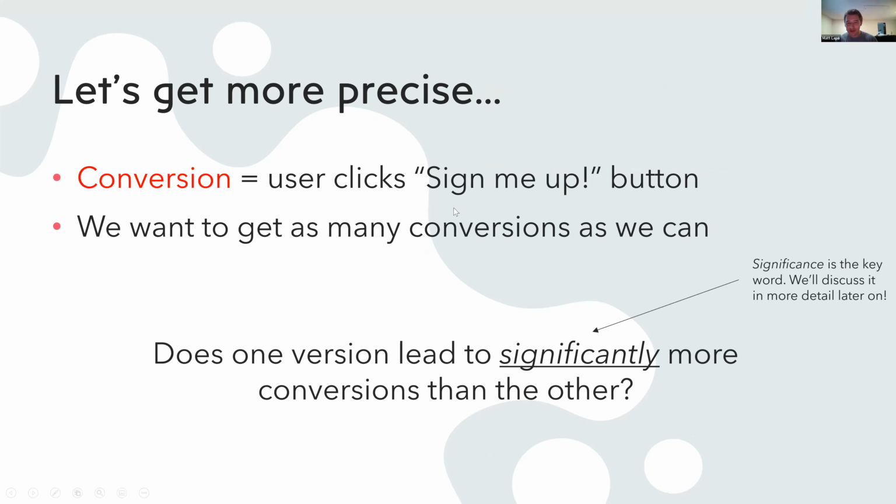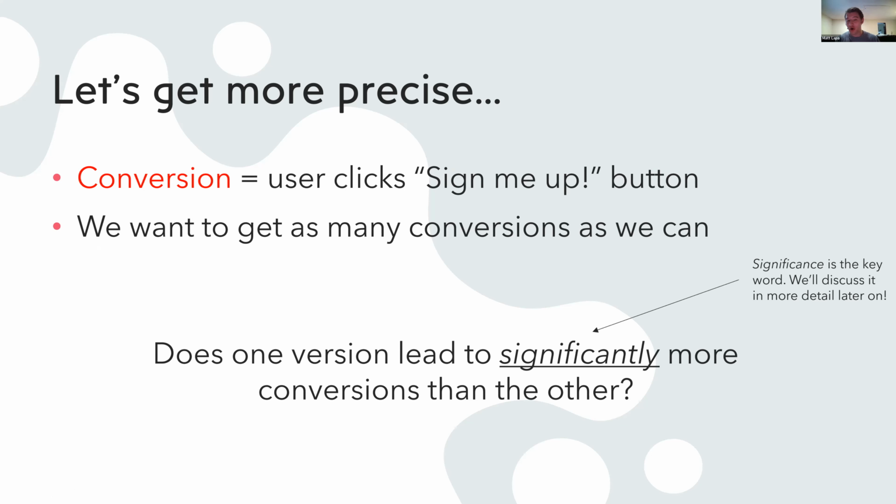So if a user clicks the sign me up button, we'll call that a conversion. And we obviously want to get as many conversions as we can. And so we want to know, does one of these versions lead to significantly more conversions than the other? And the key word here is significantly. So when we run this test,